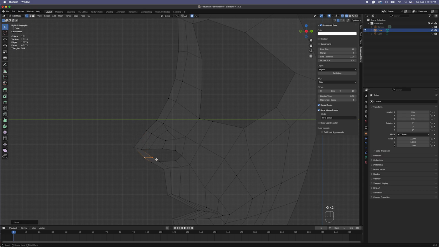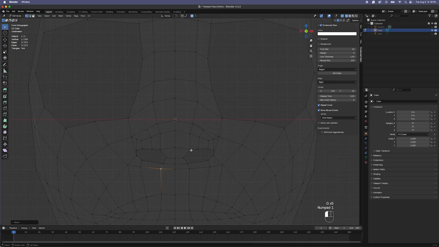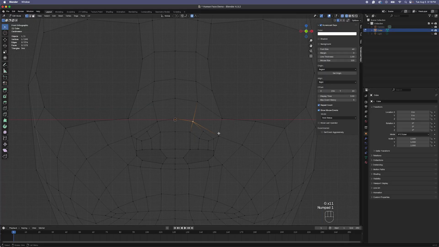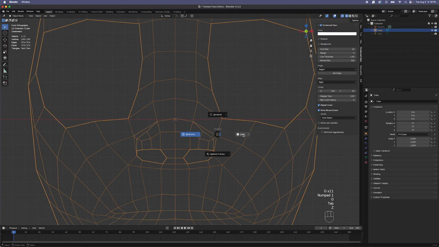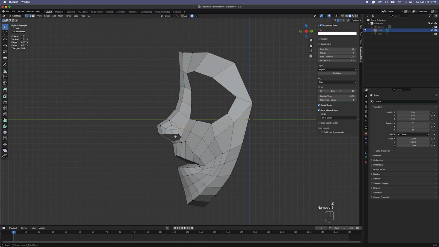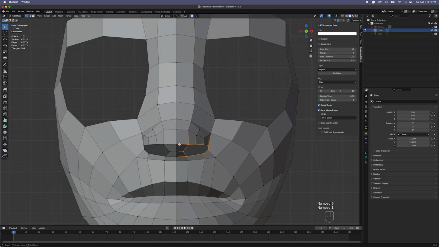I just want to shape things, so that it's better to shape it and then add the more geometry later. So let's go. It's looking pretty good. Now I want to extrude these